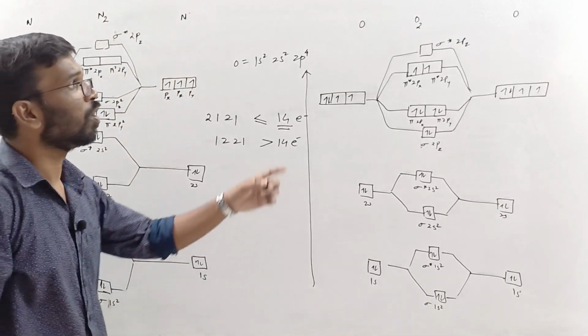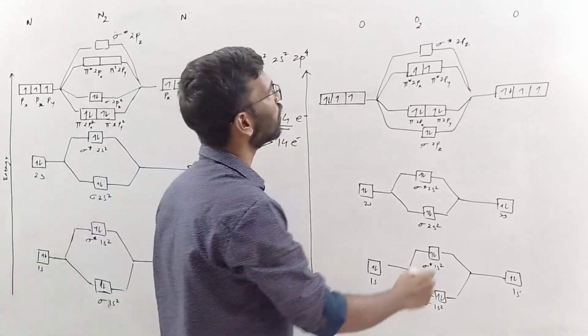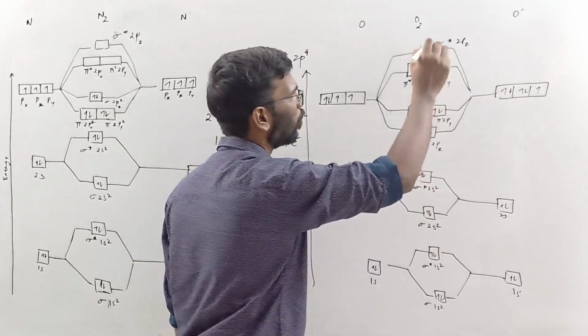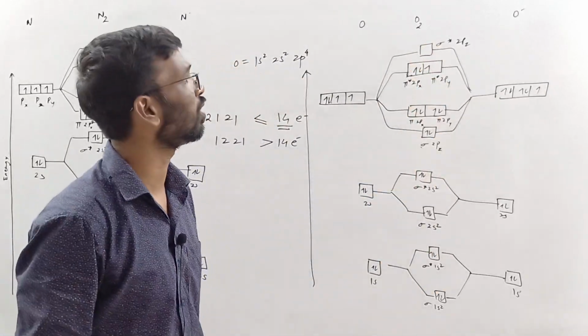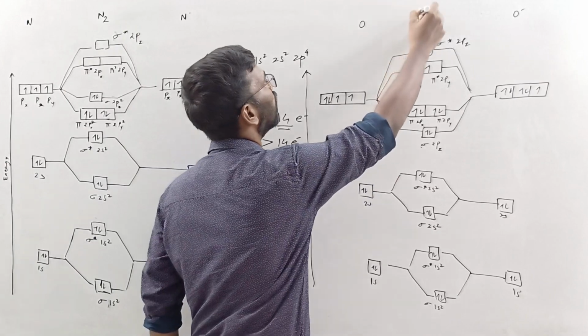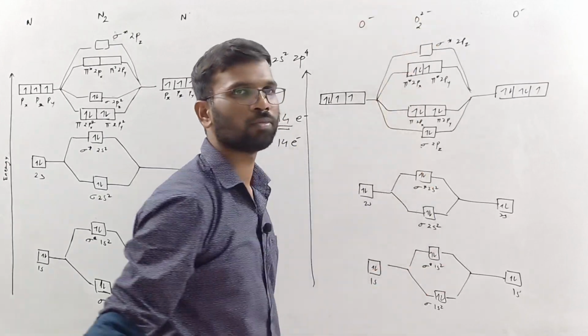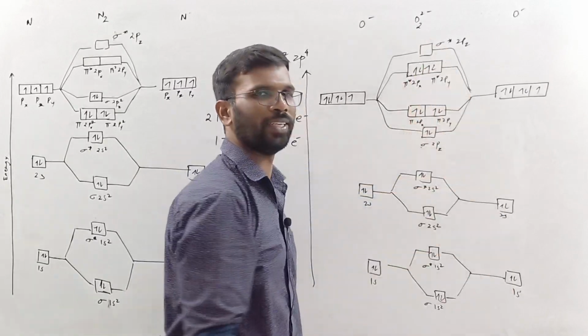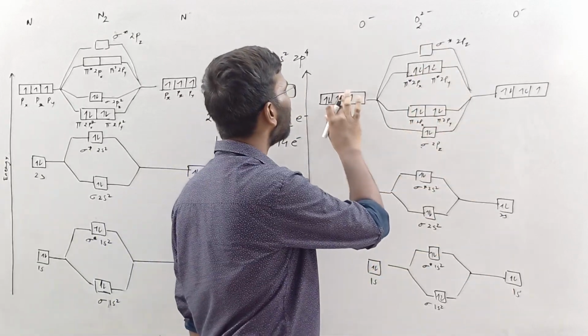If it is, let's say O2 minus. O2 minus means one of the minus you are making and you are adding 1 more electron. So 1 electron will come over here. You may come across O2 2 minus, this kind of molecules. Then you will be adding 1 more electron. So now it will be diamagnetic, right? So many things could be understood.